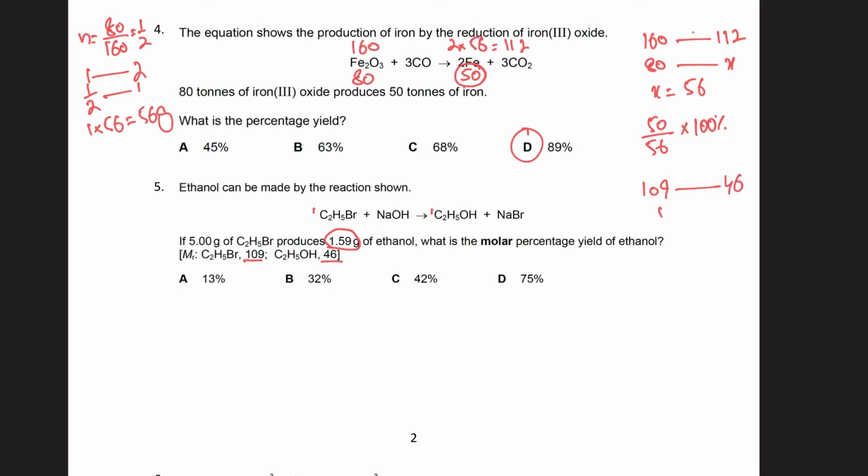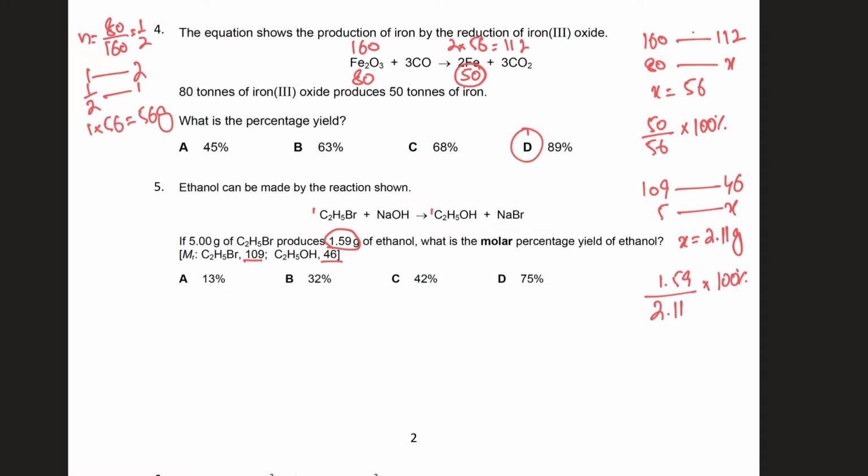Of course, over here I have 5. So how much should that produce? X. When I do that, I get X equals 2.11 grams. My yield is going to be 1.59, which is what I actually got, divided by what I should get, 2.11